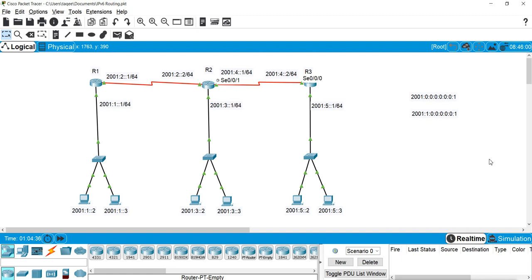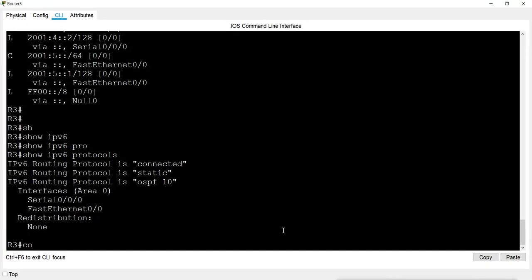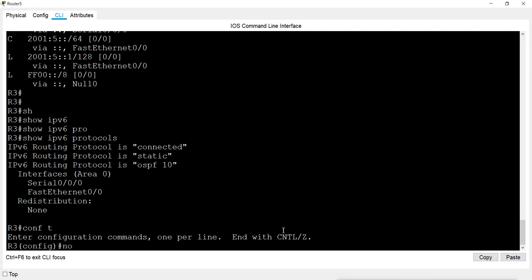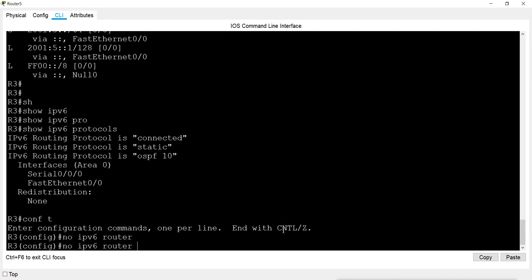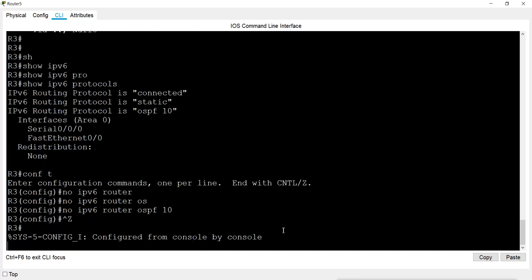Now like we have assigned it, we can remove it, and removing and assigning is also easier than static. So we can go to the router, go to the configuration mode, and say no ipv6 router ospf, process ID, and I don't want it, and it will remove.